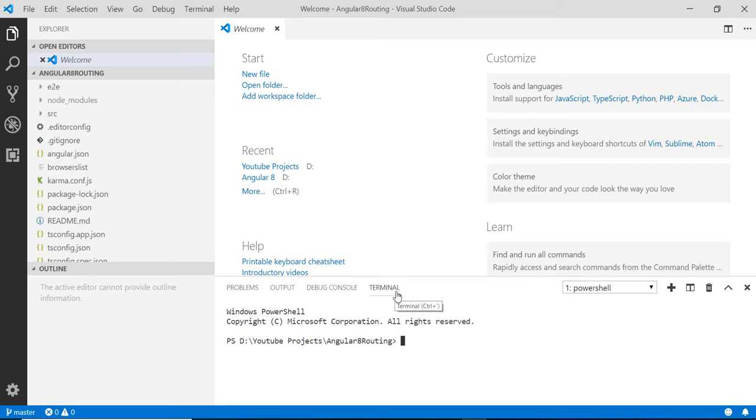Hello friend, in this video we will learn how we can set up routing manually using a router module and outlet, how to add routes to our component to the router configuration, and how to use the redirect to property to redirect the user to a different route. We will also see the difference between the prefix and full matching strategy and how to use the router link directive to create navigation links. Before that, we are going to create three